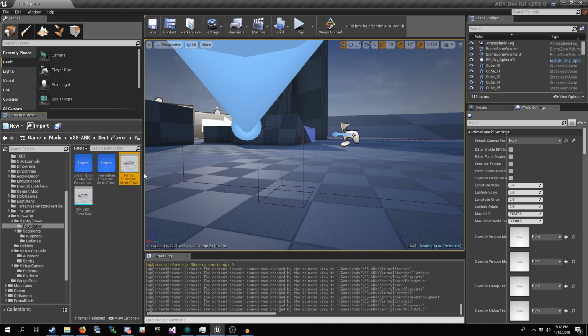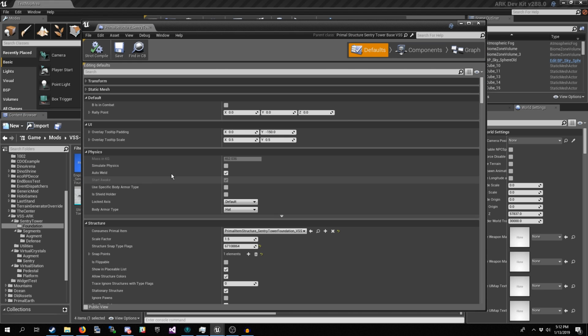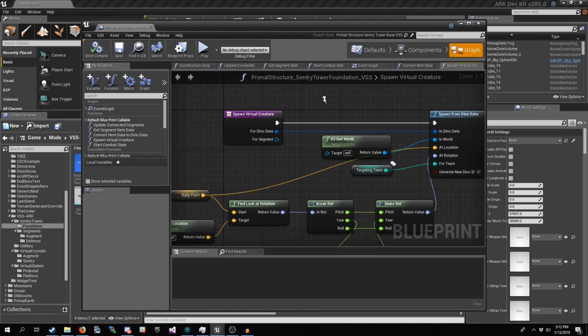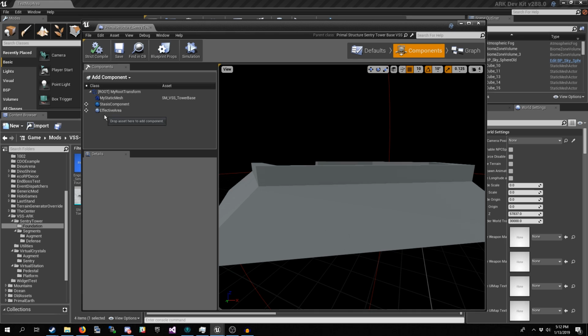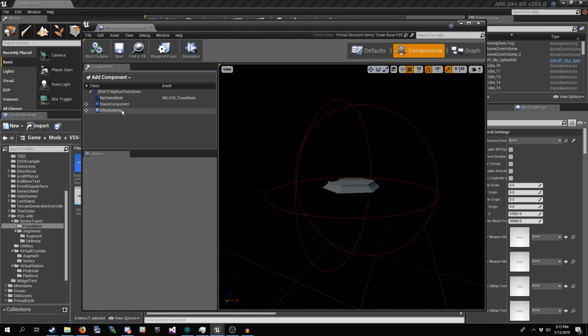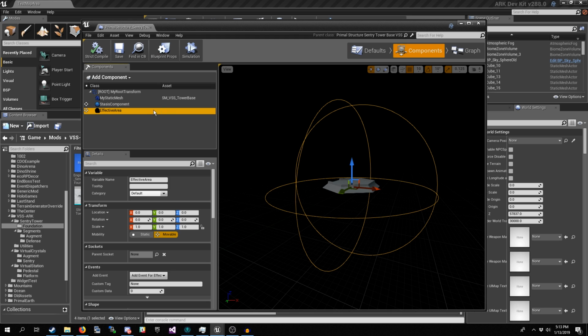This is the bulk of what we've done today. So, to start, one thing is, again, this is going to be the lowest level of our sentry towers. Now, I added a sphere component. Okay, just a generic sphere component from here.